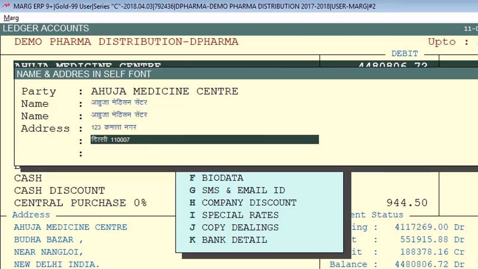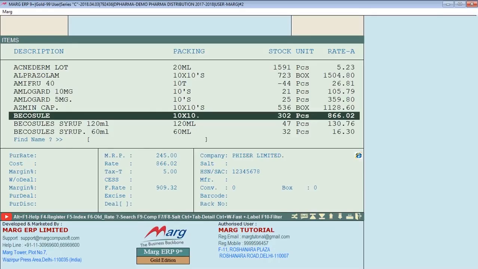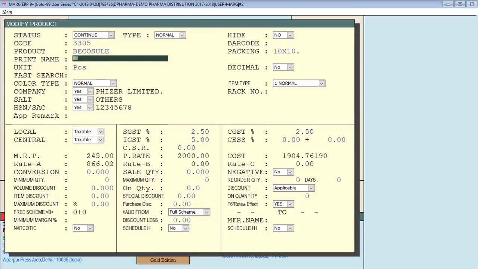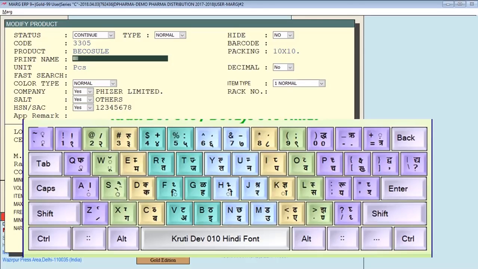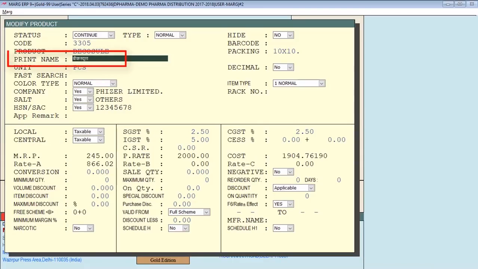This name and address will be shown to you in your invoice. After this, when you create any item or modify it, as we have told you, the separate field of print name will be shown. You can type in the font which you have selected, like we did Hindi. As we type the product name here, take care that this product name will be shown to you in the invoice. We type Bicasol here. You will see on the keyboard on screen that letter B is on C. Then we press letter C. Then the sign of E is on letter H. K letter is on D. In this way we type Bicasol here and save it.